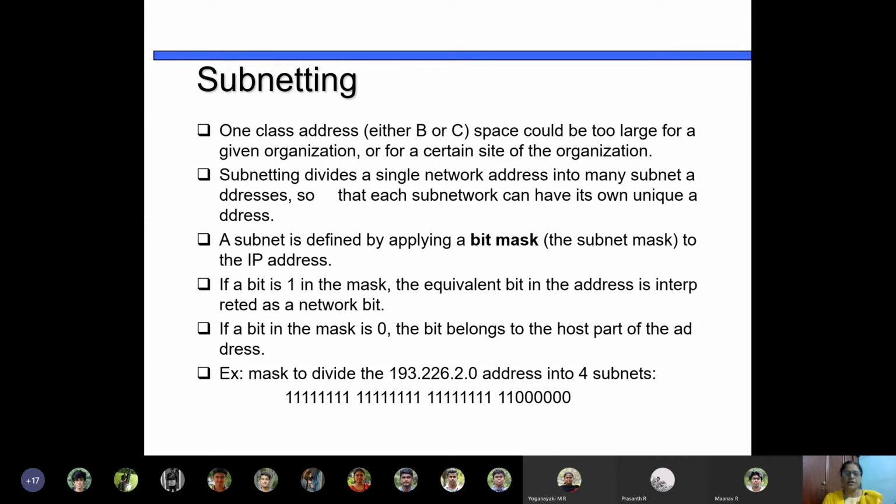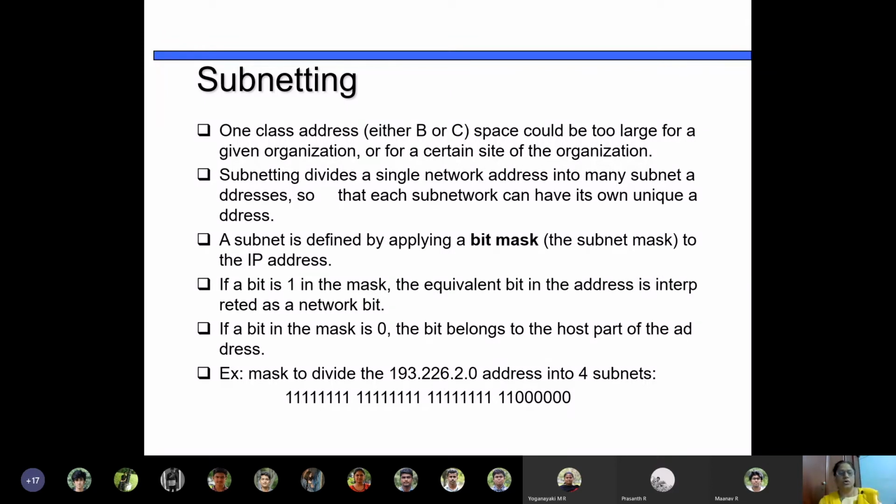So what if you are going to get a class C address? In a class C address, the maximum number of hosts you can have in a network is 2 power 8 minus 2. What if you are going to have 2 more hosts? Should you acquire one more class C address, which is very expensive and also not needed?